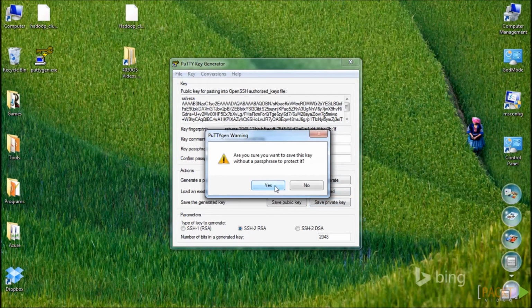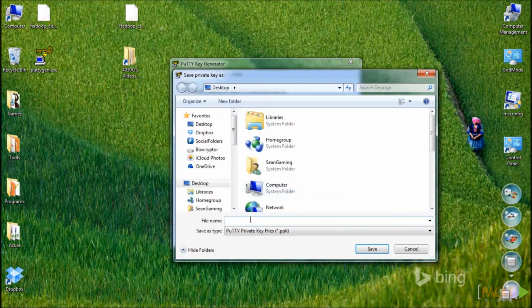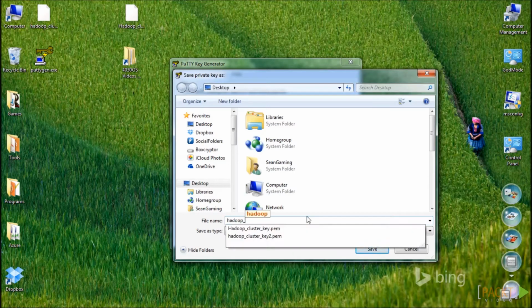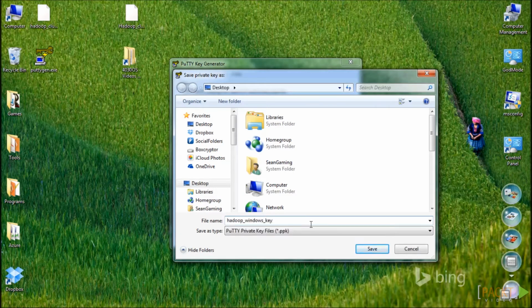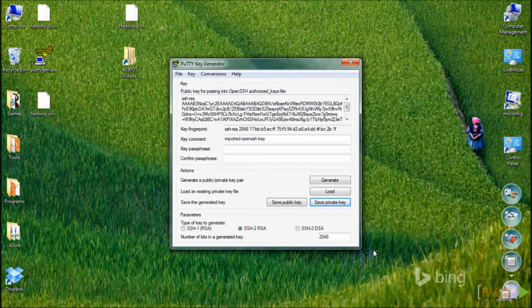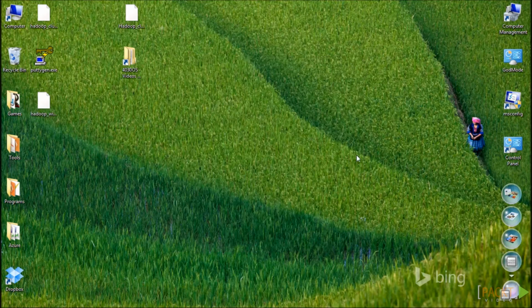We want to save it without a passphrase, that's okay, and then we'll give it a different name than our PEM file. Call that Hadoop Windows key. And now you'll see it saved it as a PPK file, actually. We're all set. We can go ahead and close PuTTYgen,